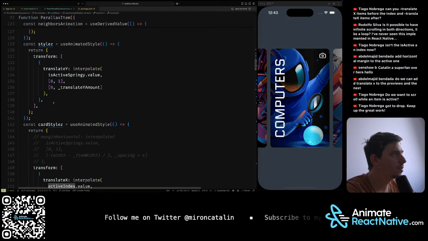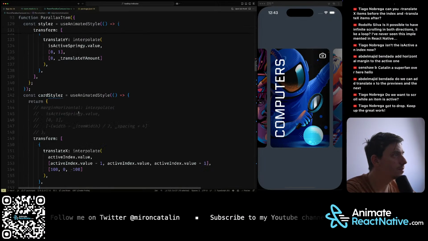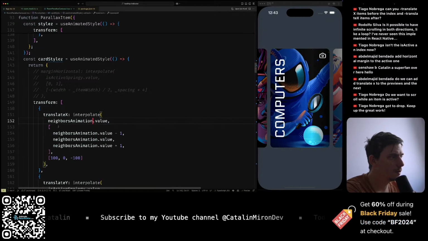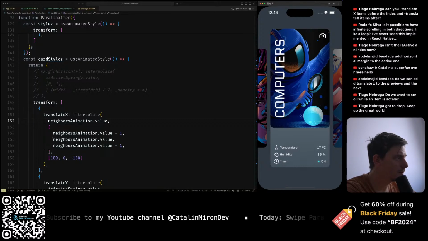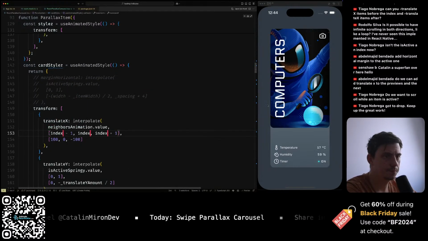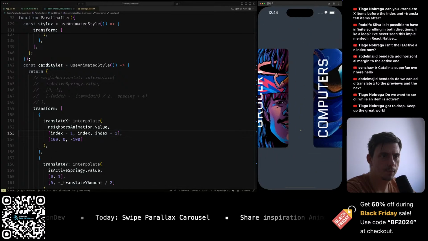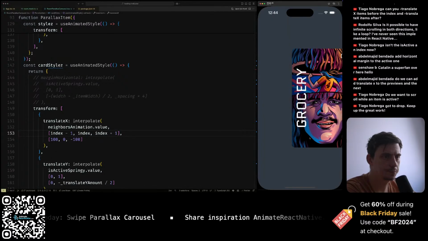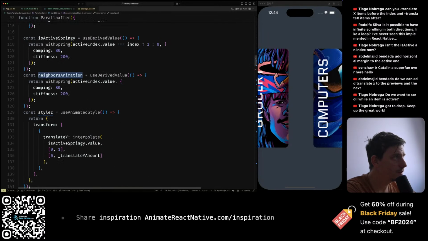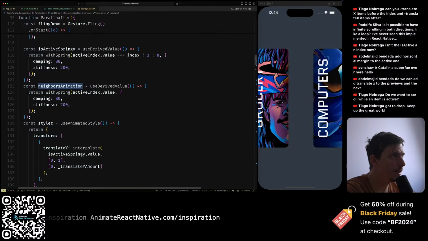I will interpolate actually the neighbors. And I'll add here index. Okay. So neighbors value is going to be